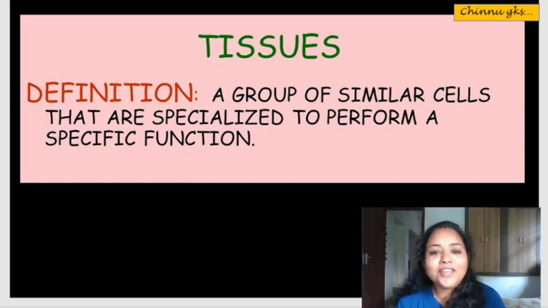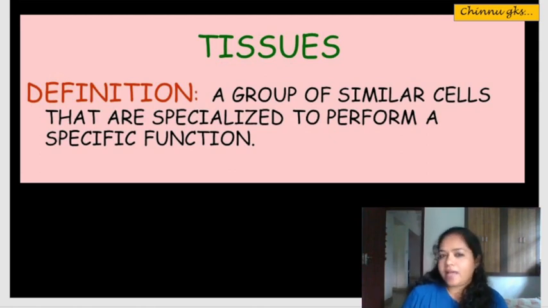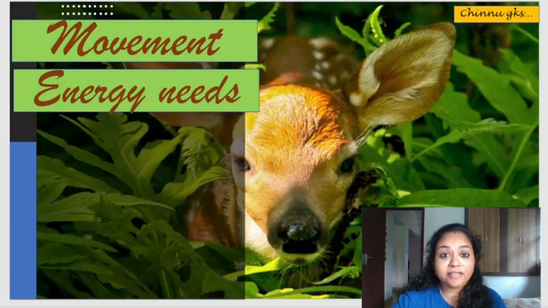Whenever we talk about a living organism, we have a classical definition of a cell, that is, a structural and functional unit of life. Moving forward, a group of cells having a similar shape, size and structure, that performs a common function, forms tissues. When we look around us, we have animals and plants, so we classify them as animal tissues and plant tissues. Earlier in our chapter, we have seen the different kinds of plant tissues and animal tissues.